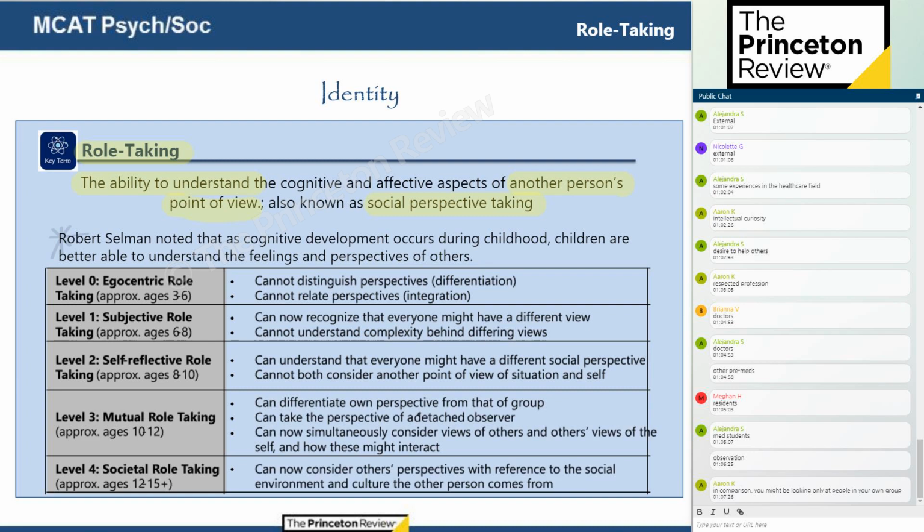But the true ability to do that does not come out until early adolescence, and that has everything in the world to do with what's going on with the development of our frontal lobes. Areas of our frontal lobes, the prefrontal cortex, that are involved in processing this kind of information are starting to better develop and mature. And that allows us then to start this social perspective taking.